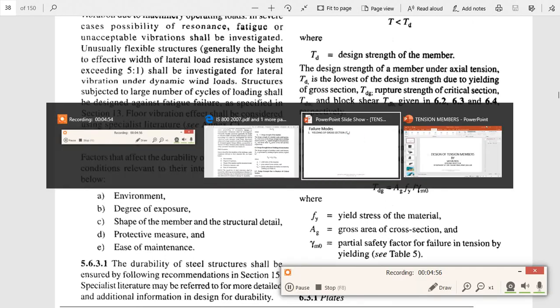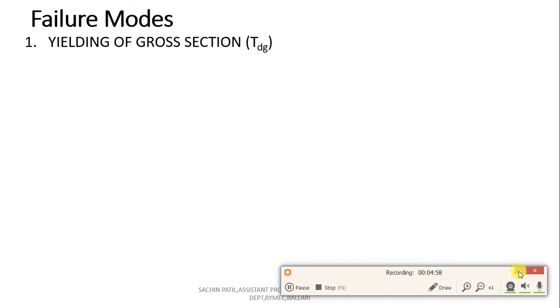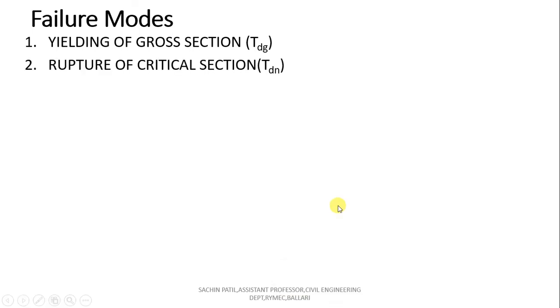So the next type is a failure due to rupture at or of critical section, and it is represented by TDN. So what's the difference between yielding and rupture here? Yielding means at the point of concentration the material starts to behave as a plastic and loses its capacity